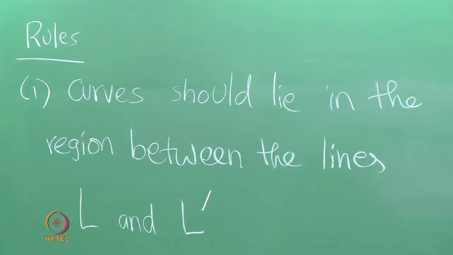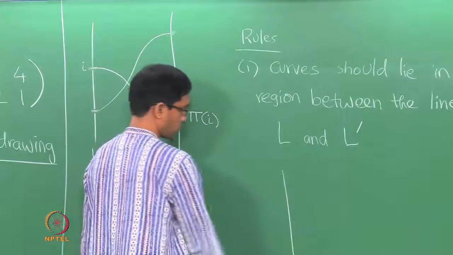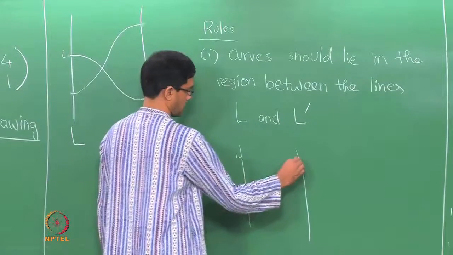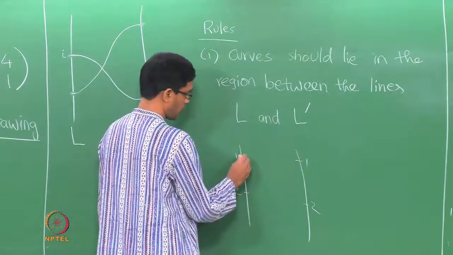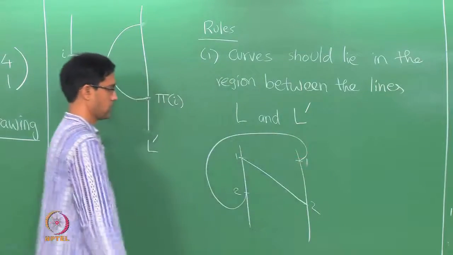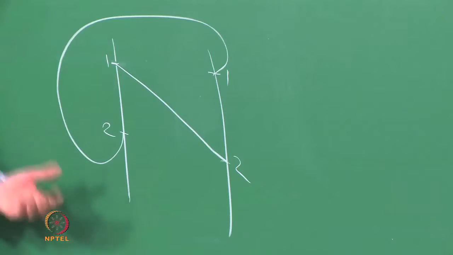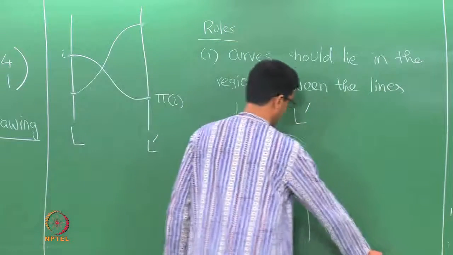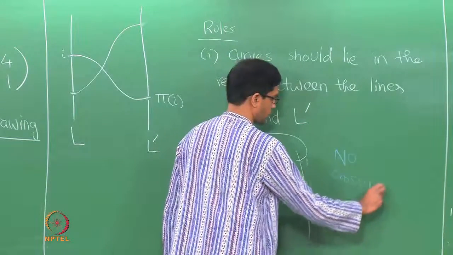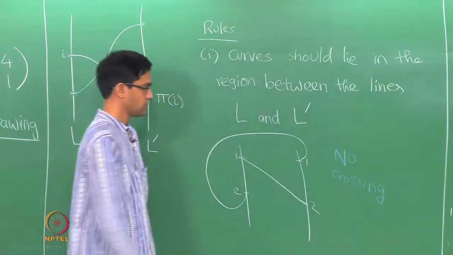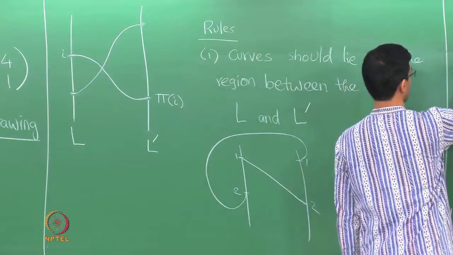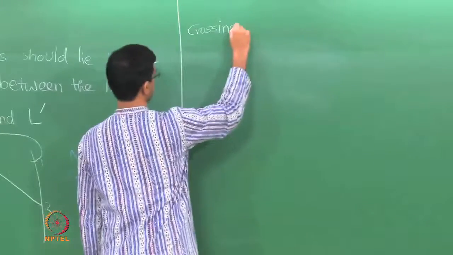Okay, so if for instance we don't follow this rule, then here's what you might do. If you wanted to depict a permutation which sends 1 to 2 and 2 to 1, say you join 1 to 2 in this way, and suppose we join 2 to 1 like this. Now doing this would not produce a crossing. Observe that if you did this, this does not lead to a crossing between these 2 lines, but recall that we do want to have a crossing in this case.